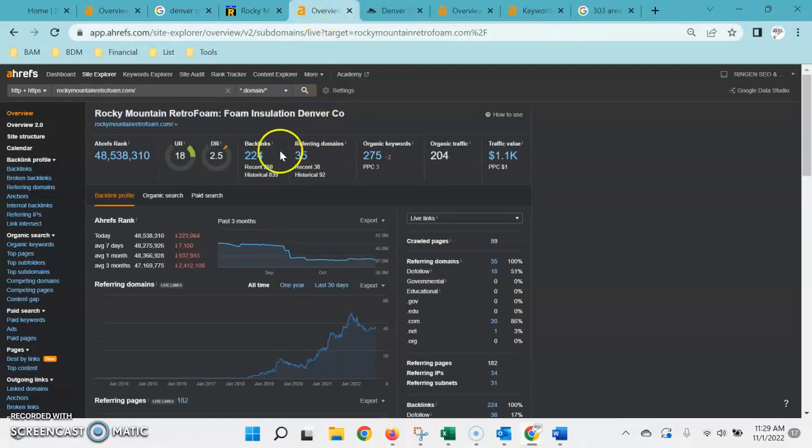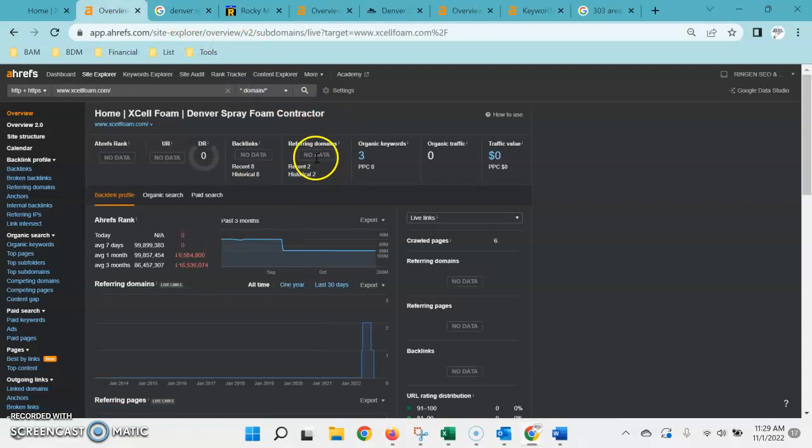But as you can see, it's also not just a matter of the quantity of these links, it has a lot to do with the quality. Some websites are more spammy than others and not trustworthy, especially ones that are outside the United States. So we need to find sites that are highly authoritative, but also relevant to your service industry, so that they transfer that trust and that authority through the link to your website.